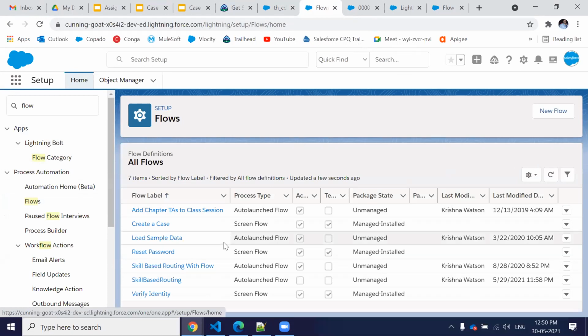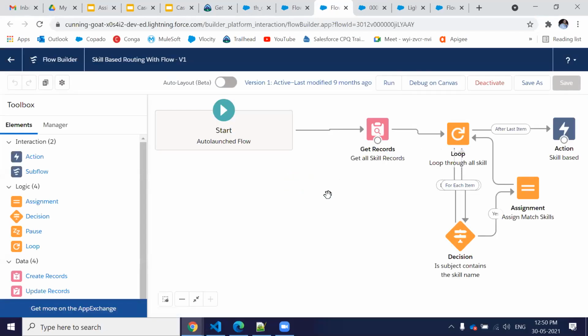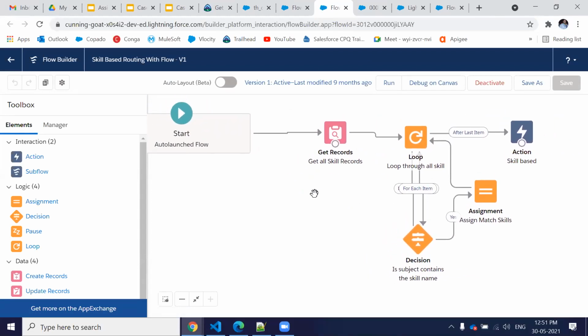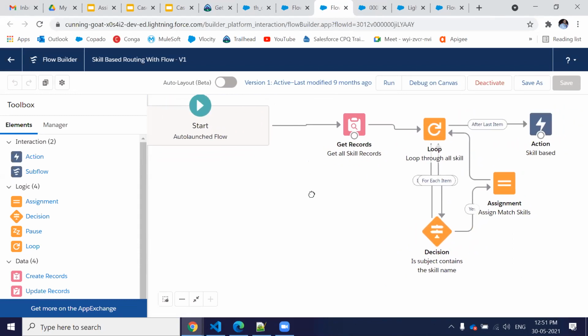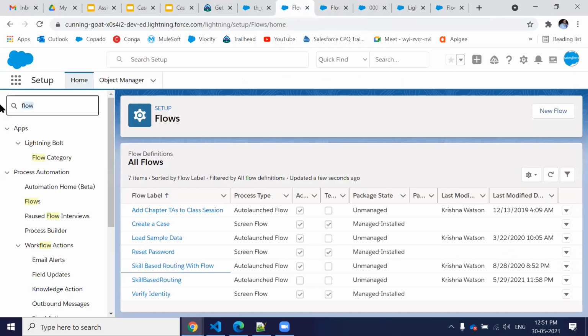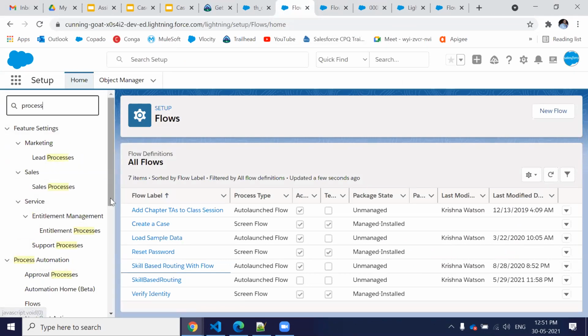Going to find it. I already set up skill based routing with flow. The same flow I have configured here also. The same flow, it's here, but it's an auto launch flow I created 9 months before, and it's still working. So let's just see whether that process builder is also there or not, because I have called this flow through the process builder.